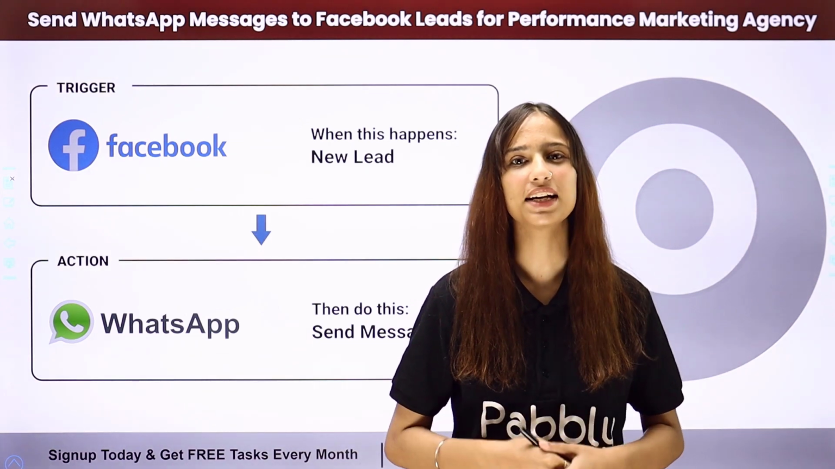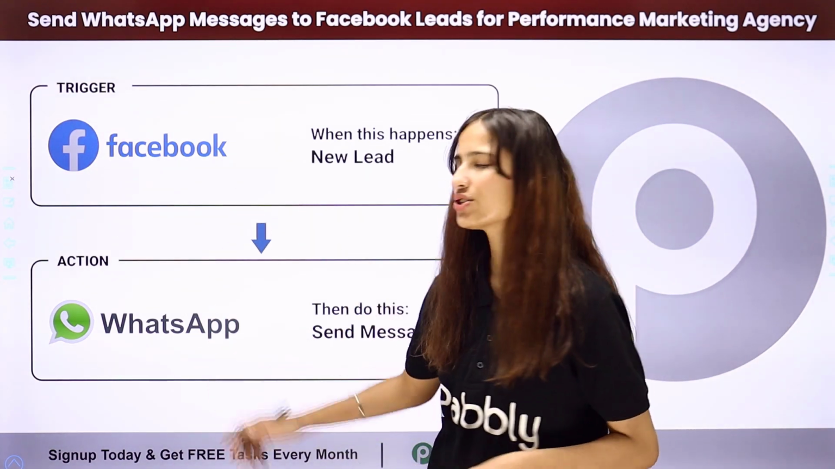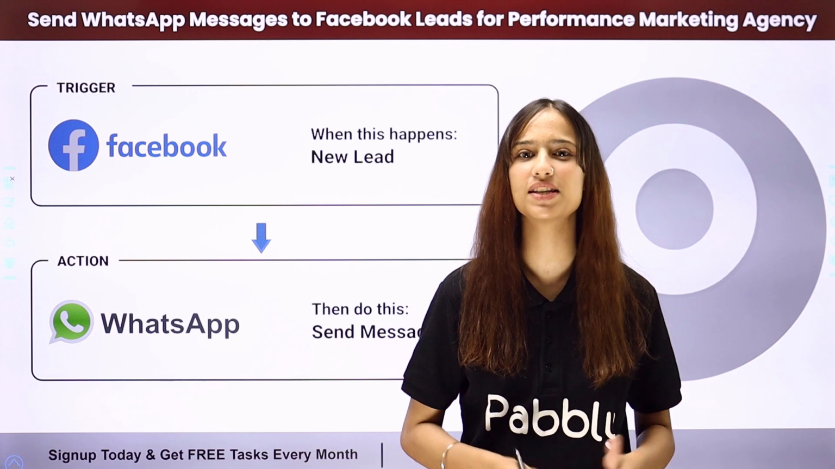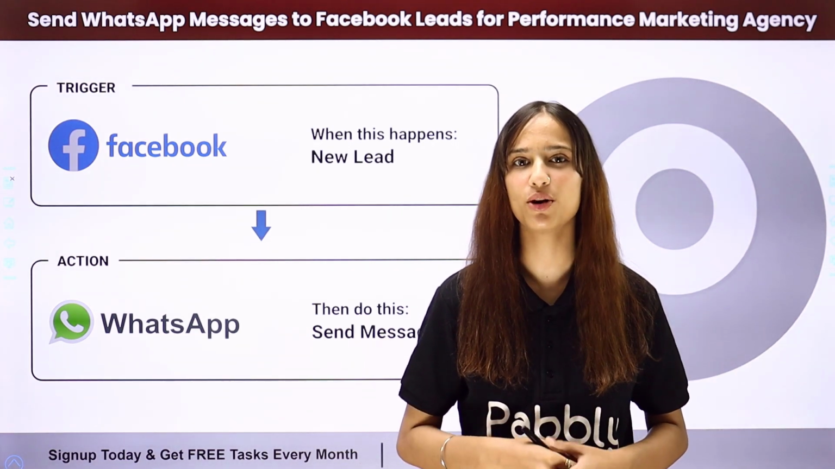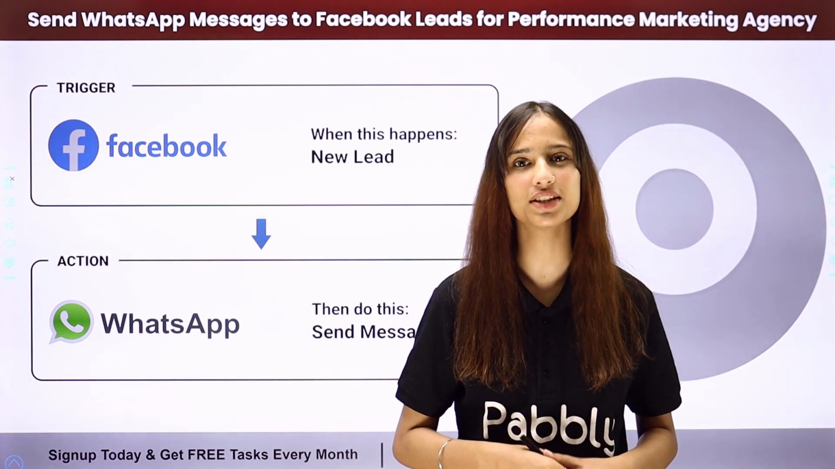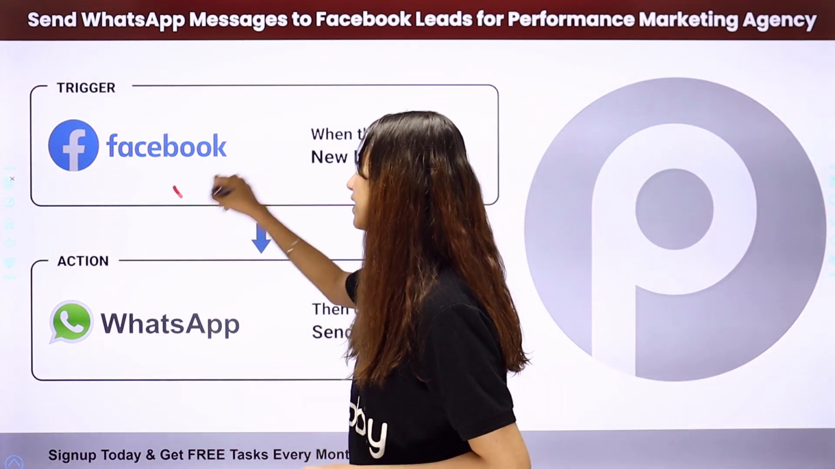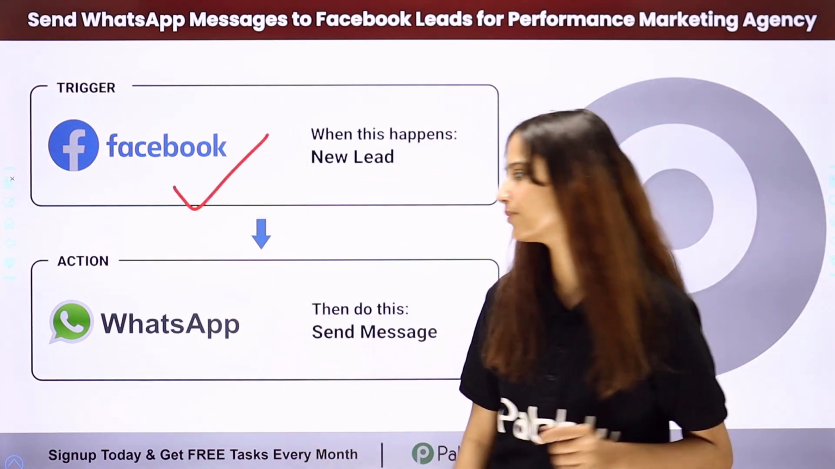Now to do this, I need to build a connection between these applications, for which I'm going to use this amazing automation software, Pabbly Connect. Pabbly Connect follows the concept of trigger and action. So here, my trigger application will be Facebook lead ads and my action application will be WhatsApp